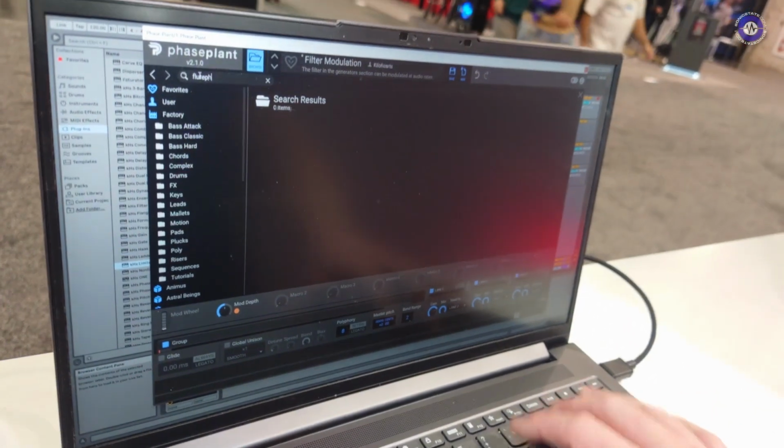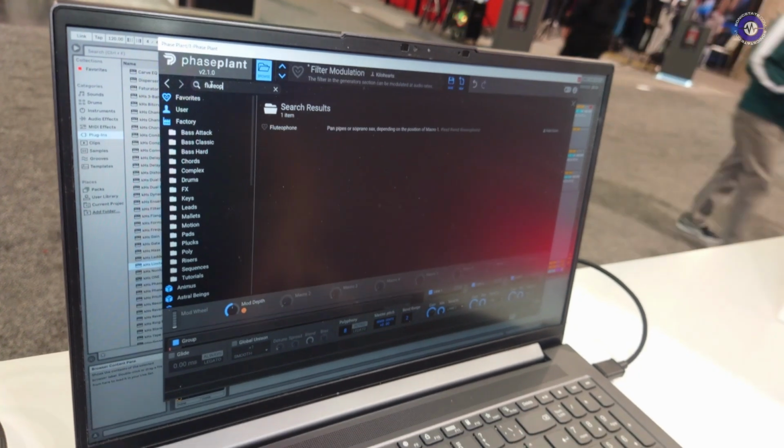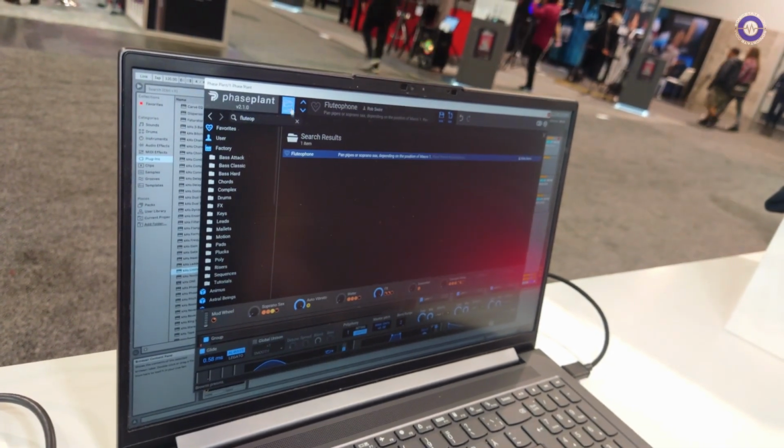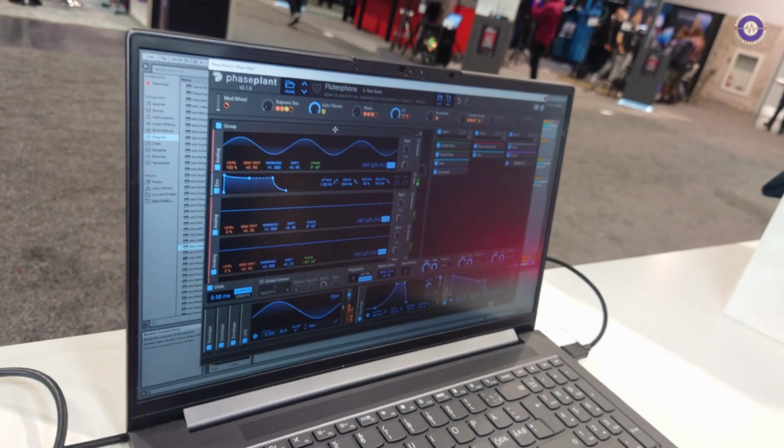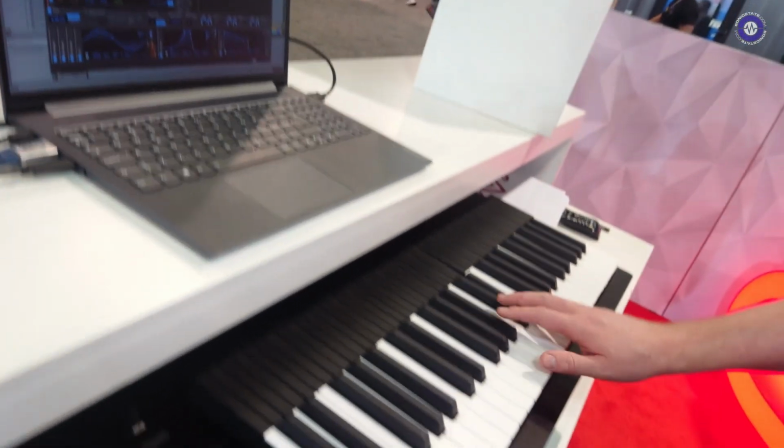I can imagine what that's like. Maybe we should have a couple more patches. Let's see a couple of nice examples. Of course, absolutely. That would be great. Let me show you something that we're particularly keen on, which is a sort of a realistic-ish instrument modeling thing called Flutophone, and it shows you some of the breadth of what's possible in Phaseplant. This is no samples, but it's a reasonably